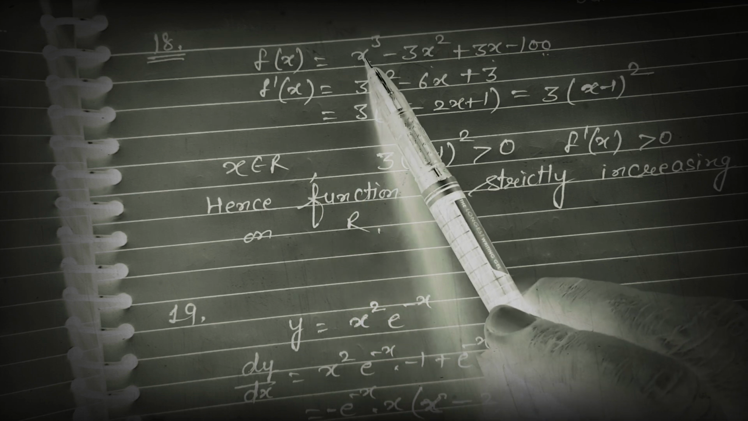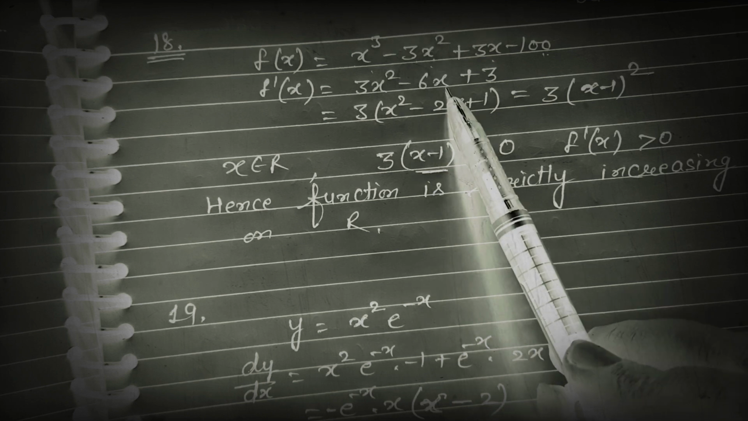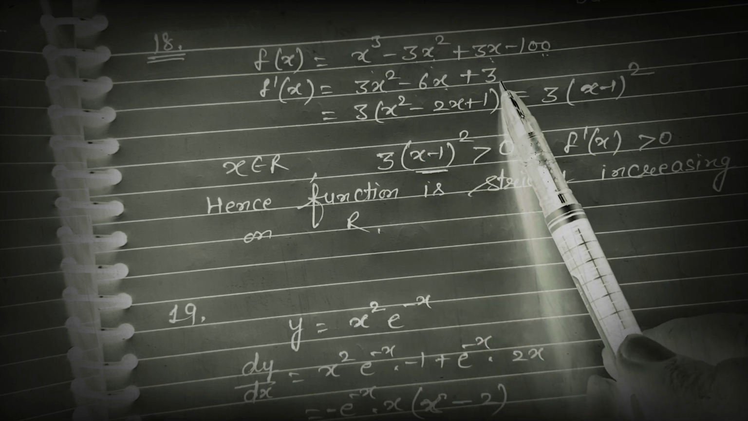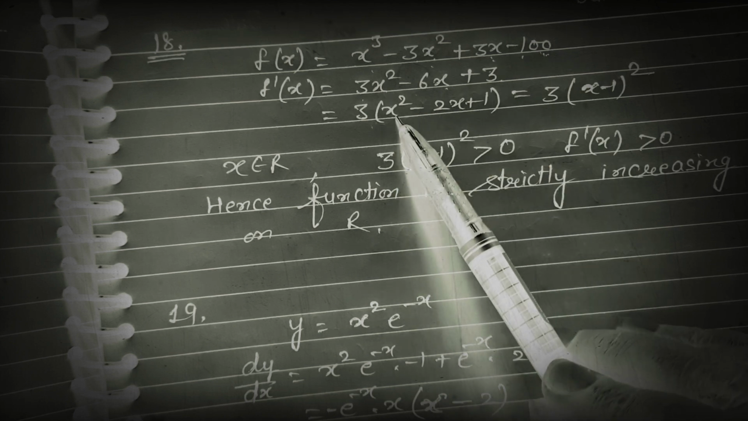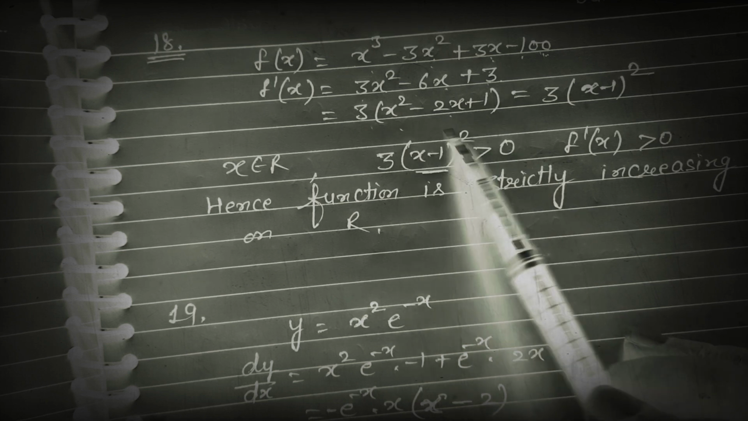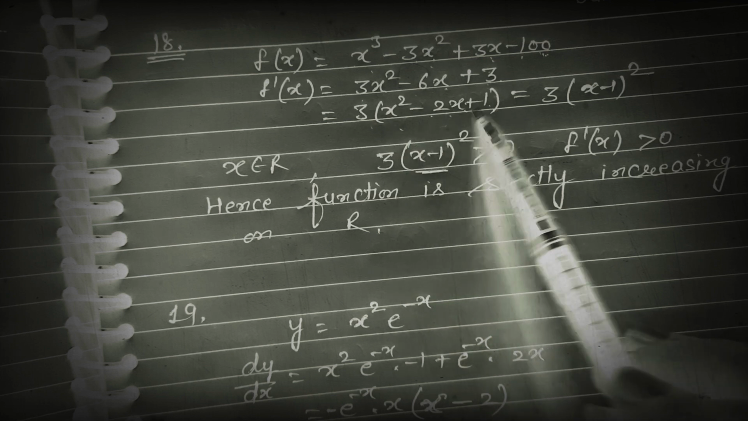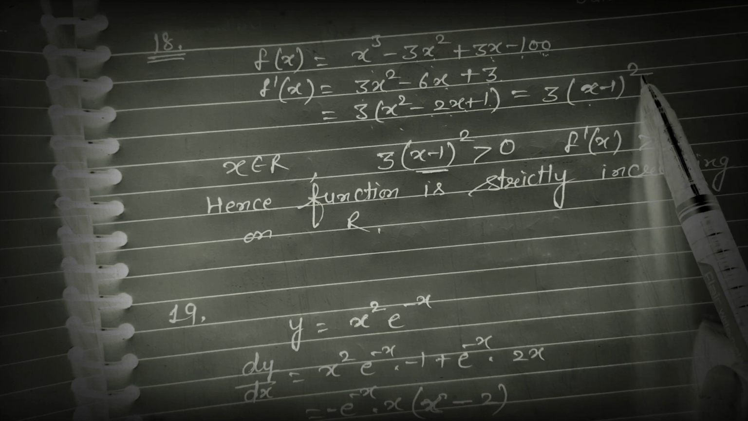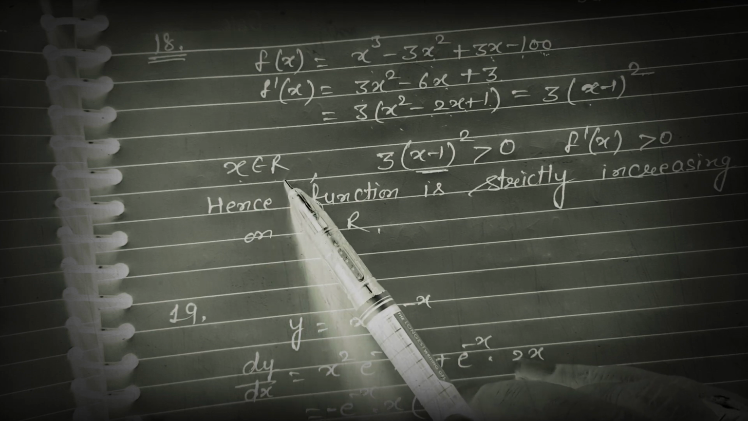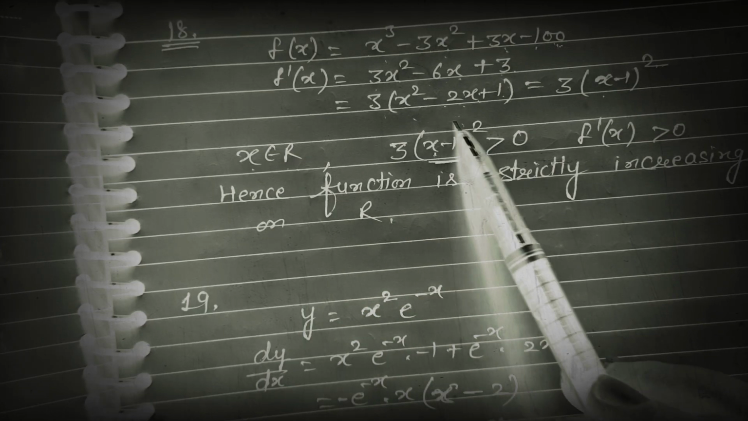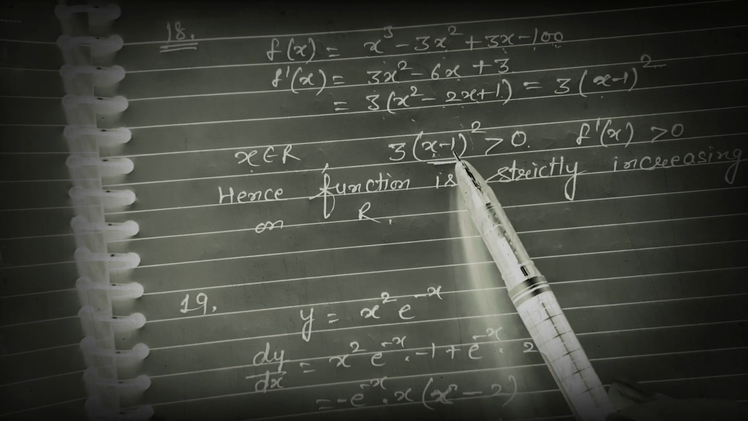So first derivative: x cube derivative is 3x square, 3x square derivative is 6x, 3x derivative is 3, and 100 is constant, so its derivative is 0. Now 3 common, it will be x square minus 2x plus 1, and this is the formula of x minus 1 whole square, by the identity a square plus b square minus 2ab. So we know that when x belongs to R, if you take negative or positive, any negative whole square is also positive, and positive whole square is also positive, so it is positive,